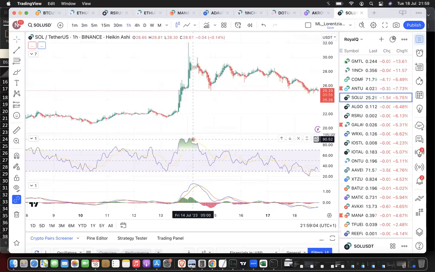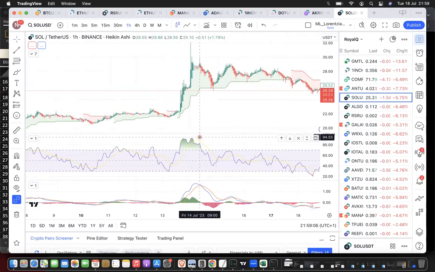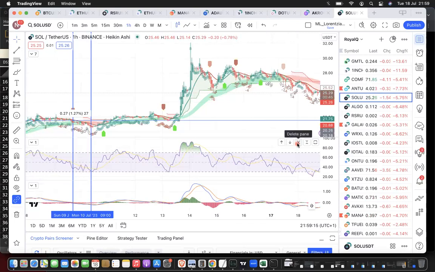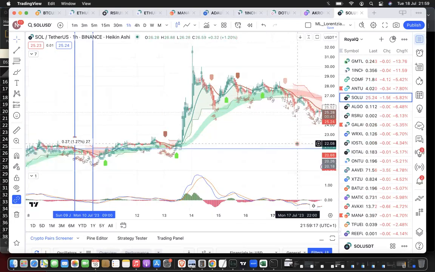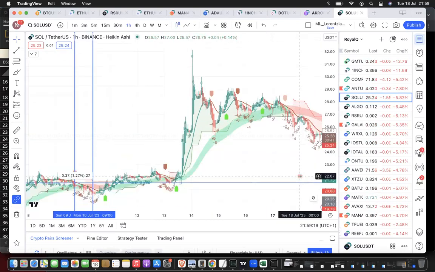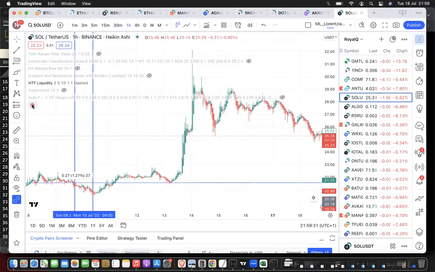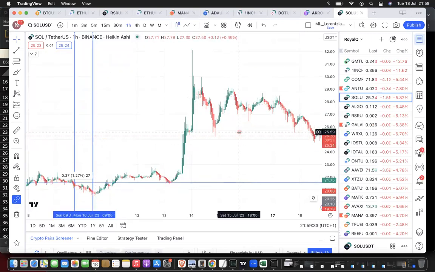When you open these assets, I'm going to reduce this because I want you to see the charts. I'm just going to close this because I want you to see these charts fully. Then I'll come back to this later. I'm going to hide a lot of these indicators because I don't want it to confuse you. But I'm going to leave one indicator up, which is